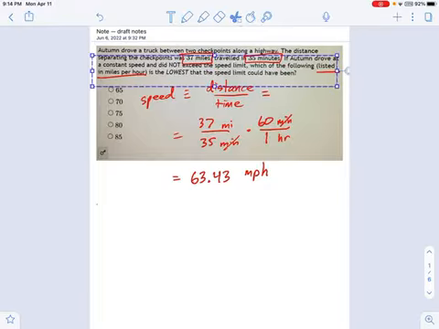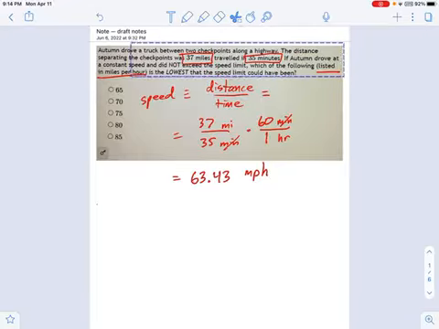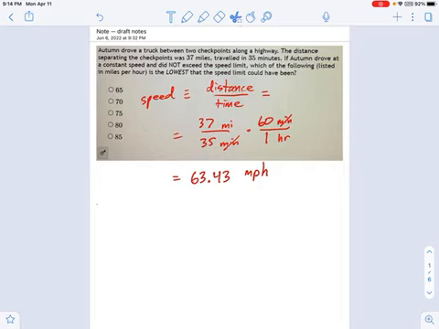What do we got here? So she didn't exceed the speed limit. Focus on that. She did not exceed the speed limit. And different versions of this problem are written in different ways. You have to be paying attention here. If she didn't exceed the speed limit, and this is how fast she drove, what's the speed limit?